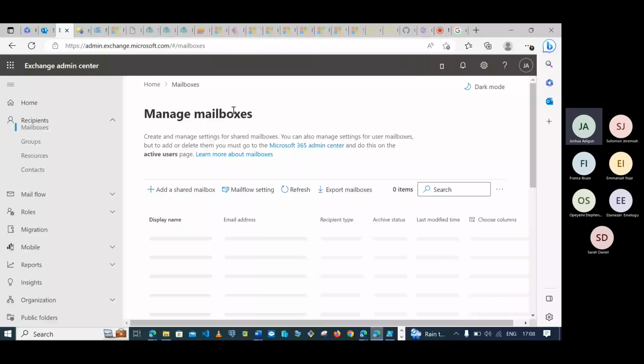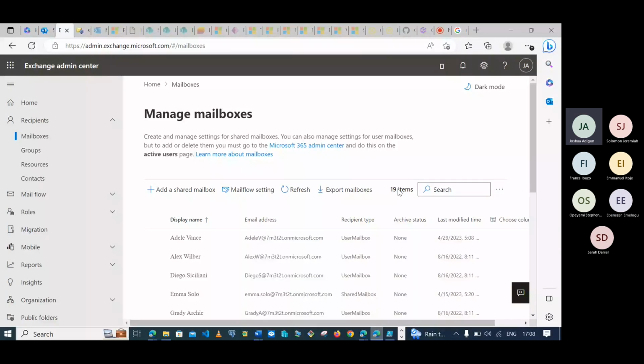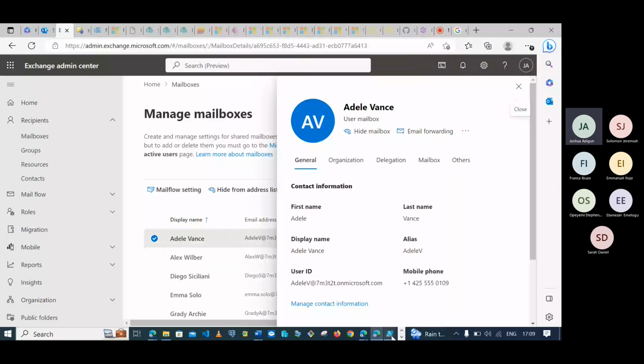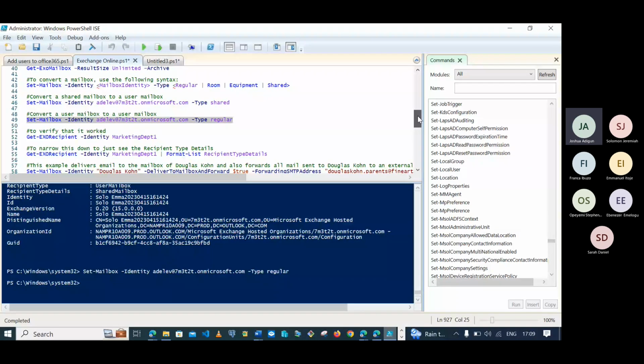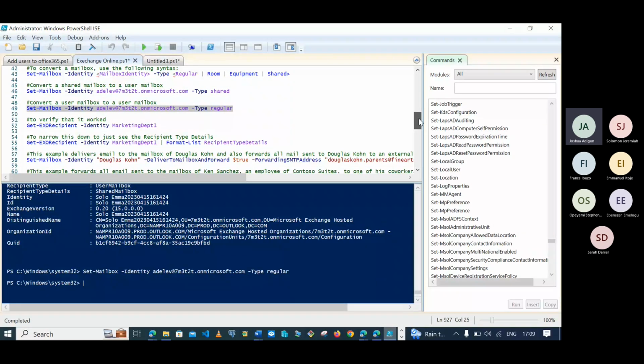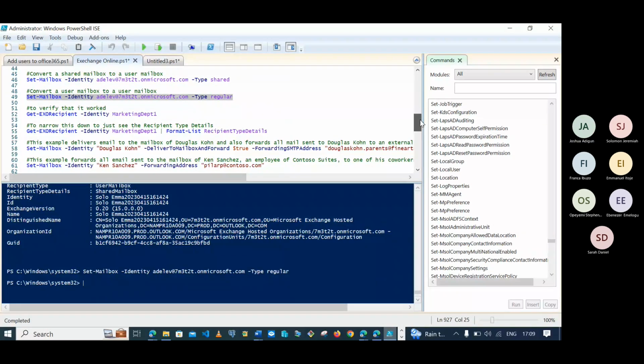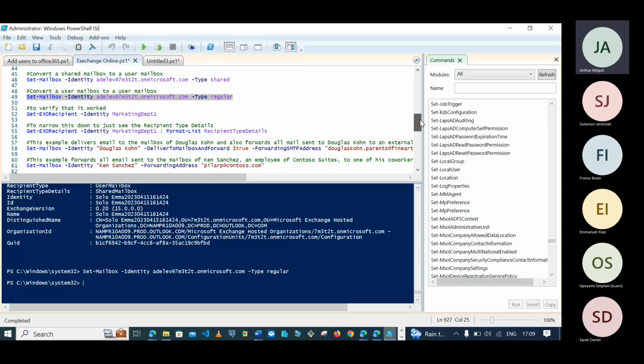All right, so it's been converted back to a user mailbox, right? So that's how to convert from shared to user, and then from user mailbox back to shared mailbox. So I'm going to convert Adele back to